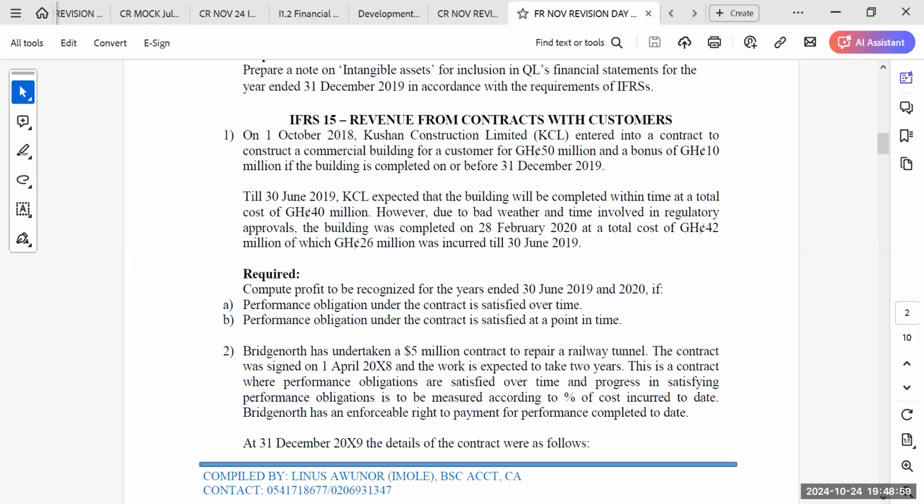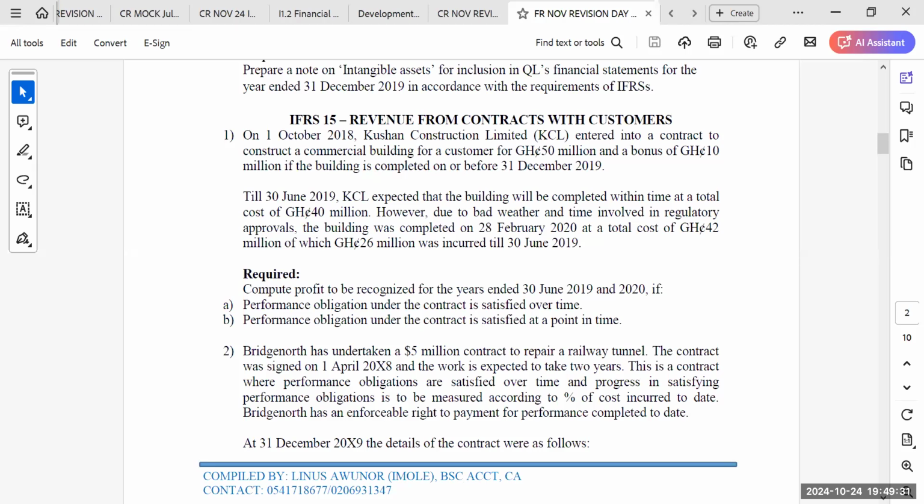Okay, no, they are saying that till 30th June 2019, the KCL expect that the building will be completed within time at a total cost of this one. However, due to bad weather and time involved in regulatory approval, the building was completed on 20th February 2020 at a total cost of 42 million, of which 26 million was incurred to 30th June 2019. So when are we saying that